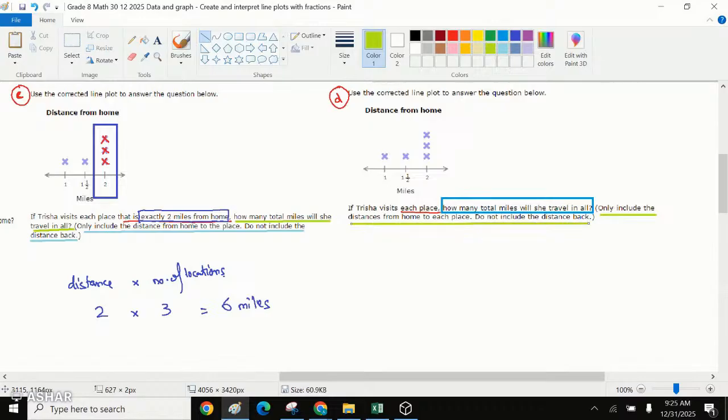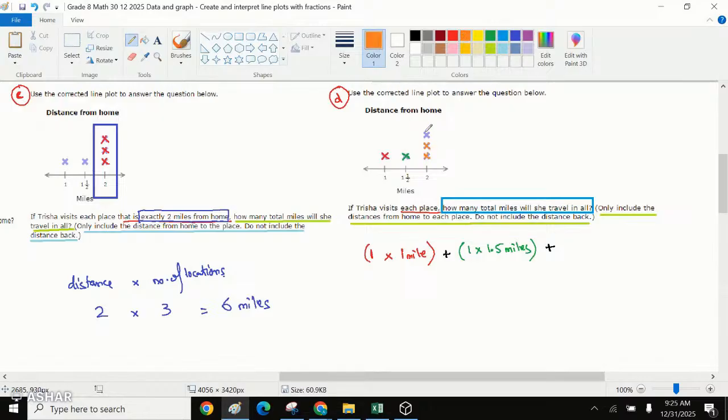Do not include the distance back. So the first one, there was one place with 1 mile, agreed? Plus the second one, there was one location with 1.5 miles, agreed? And the last one was